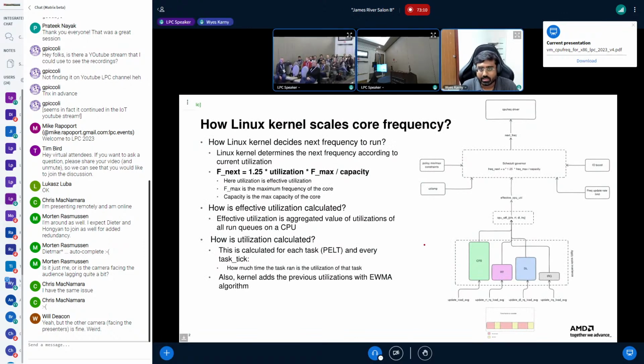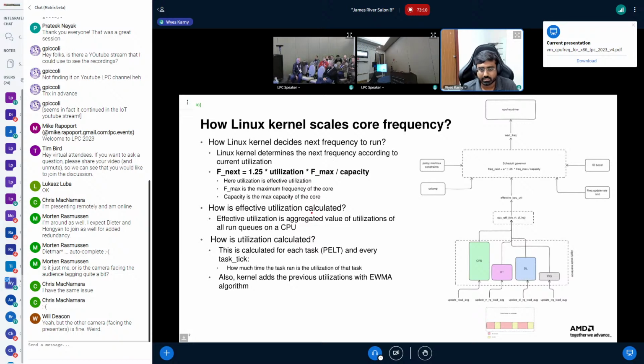So, a little bit of background on how the Linux kernel scales the core frequency. It basically uses this formula: f_next equals 1.25 times utilization times f_max divided by capacity. Here for x86 systems, f_max and capacity are static, and the only variable part is utilization.